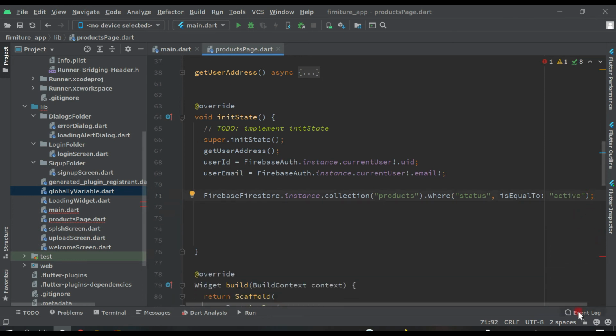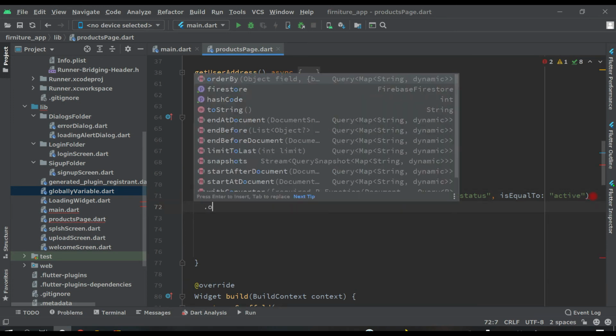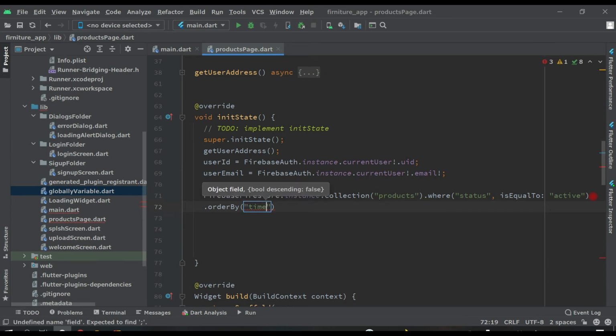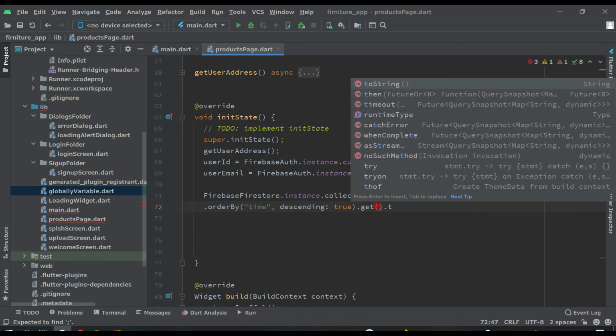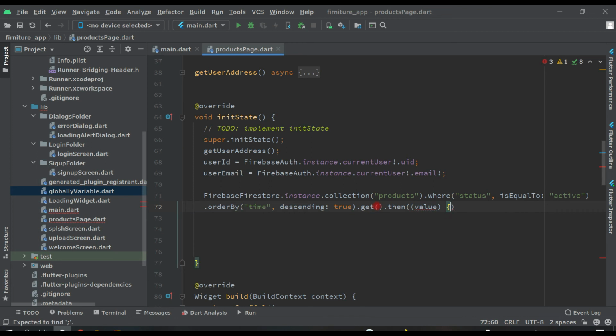And remove this like this, and come here dot order by time, and then comma descending true, and remove this like this, dot then dot get, dot then, remove this, open curly braces, semicolon, put here results.